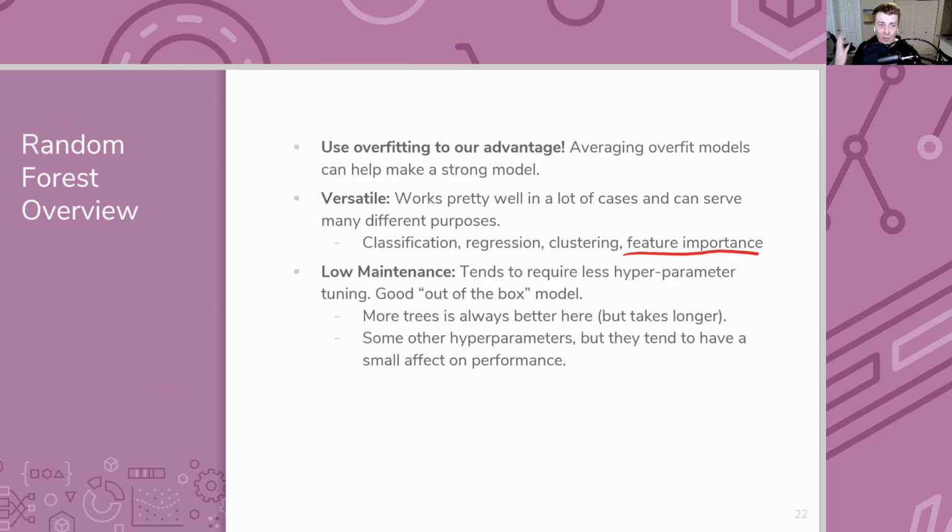And it turns out random forests just work. They tend to need a lot less hyperparameter tuning. It's a good out-of-the-box model. What I mean by that is you can really just load it in and train it, and it generally gets decent accuracy in a lot of contexts. In this case, more trees is almost always better. If you add more and more trees, you're going to get a better and better result. It might take longer to train because you have to train each tree, but generally you're not going to overfit by adding more trees when you're considering random forests.